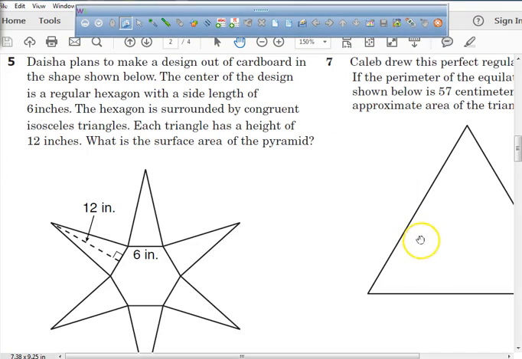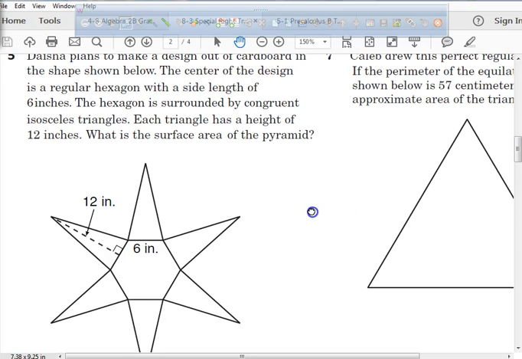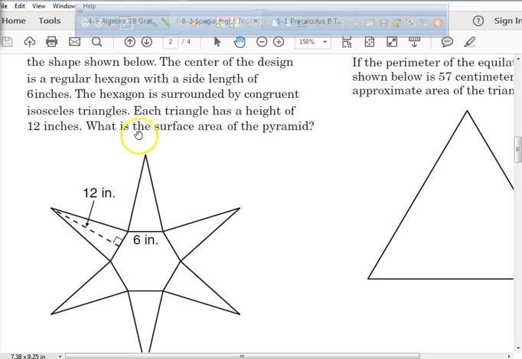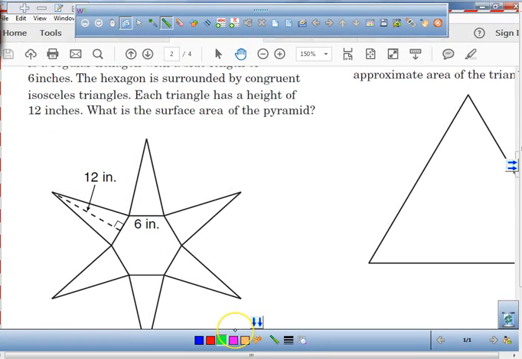Today we're going to be dealing with more complicated ways to use the 30, 60, 90, and the 45, 45, 90. On problem number 5, it's going to ask us for the surface area of this whole pyramid. Okay? So I want you guys to understand that the pyramid is formed of 6